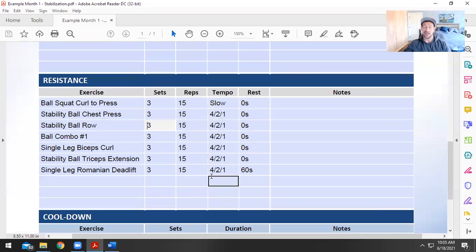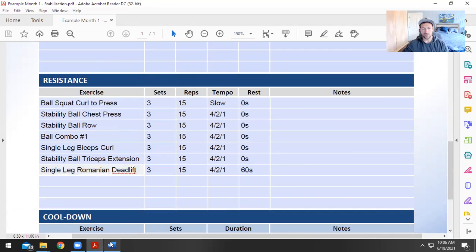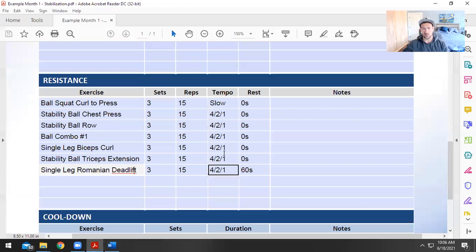And then I decided to give him a total body routine where he is going to do a total body movement, chest, back, shoulders, biceps, triceps, and legs. So ball squat, curl to press. And each of these are stabilization versions, right? If I look at this, 1 to 3 sets, so I chose 3. 12 to 20 reps, I went right in the middle and chose 15. Tempo is 4-2-1. So I listed 4-2-1 on my tempo for all of these,